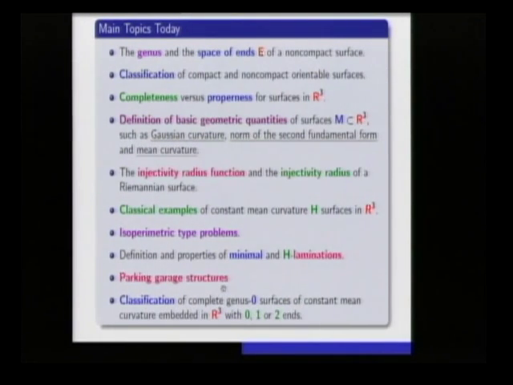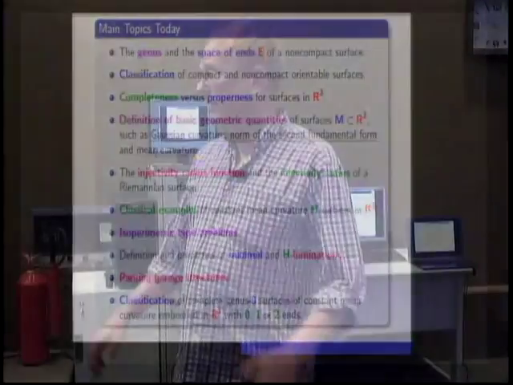And I mentioned before, a reasonable part of this first lecture is actually about parking garage surfaces and structures. It turns out that's a fundamental structure that appears throughout the theory. Most people that work in the subject really know very little about this, to their own detriment. So you're going to find out right away something your thesis advisor might not know, but which is really, really basic and important.